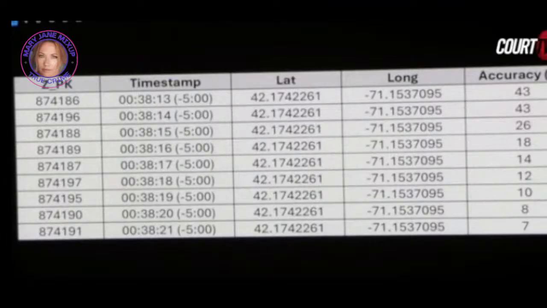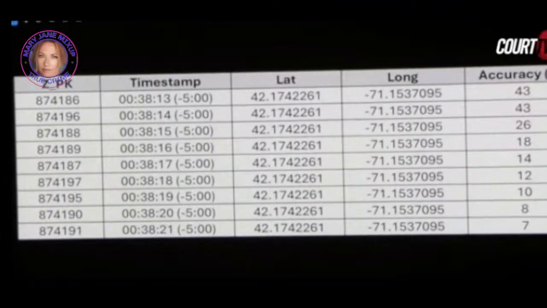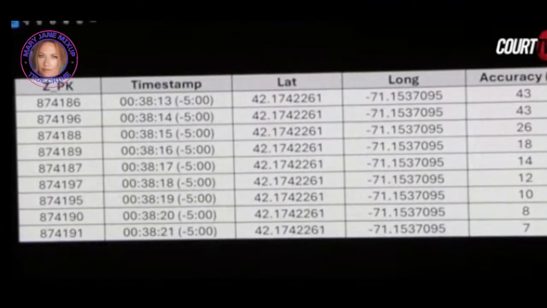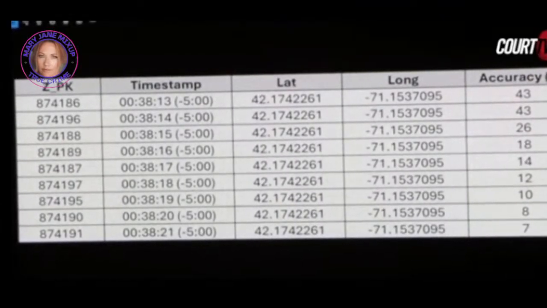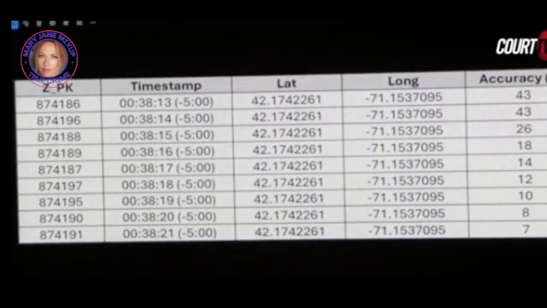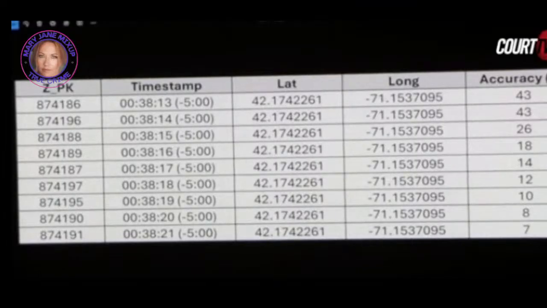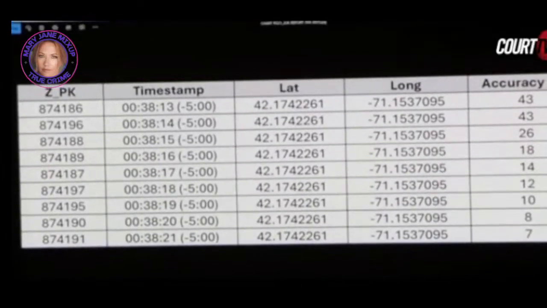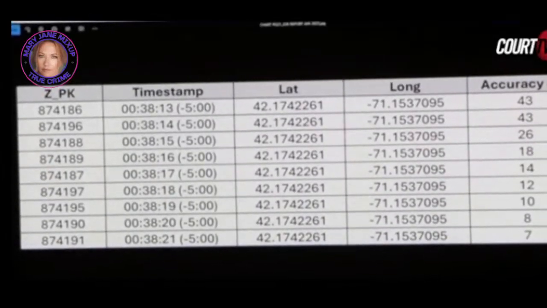The idea was to demonstrate that if you had one of these records on its own, if you only had the 43-meter accurate record, for example, then the phone could be anywhere within that 43-meter radius. But as time goes on, the accuracy is refined. The same central point is used by iOS, but we've now got an accuracy of 7 meters. And again, if we were to say that the phone is anywhere within that 7 meters, it's a much more accurate representation, according to the data, than the 43 meters would be.